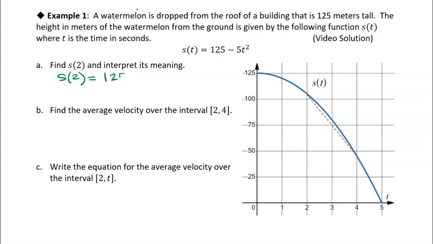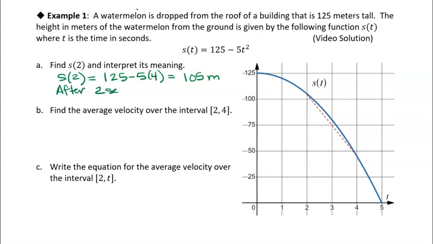So 125 minus 5 times 2 squared, so 5 times 4. So we get 125 minus 20, which is 105. Now the units are meters, because the distance is being measured in meters. And it says interpret its meaning. So this is essentially saying that after